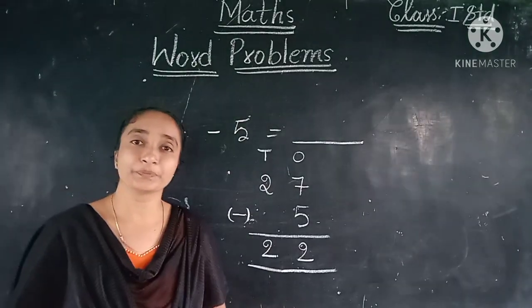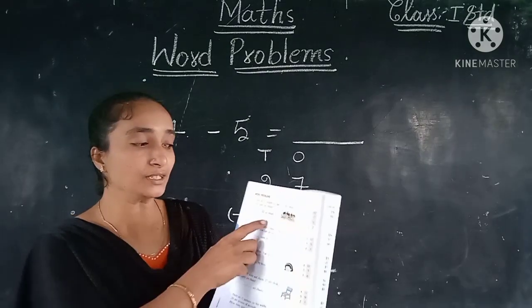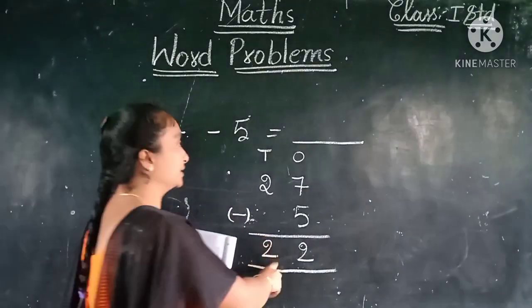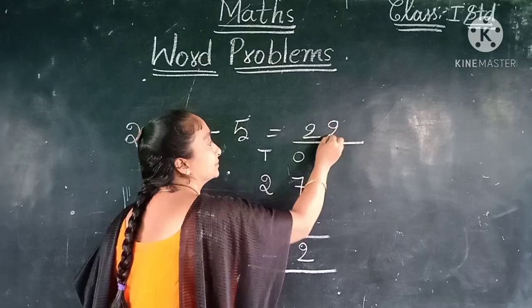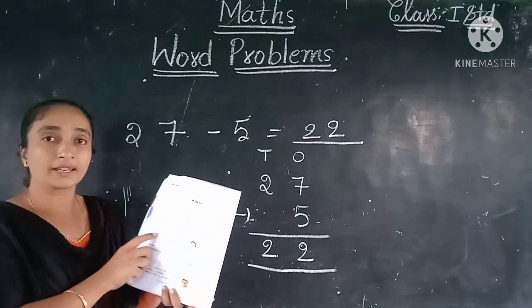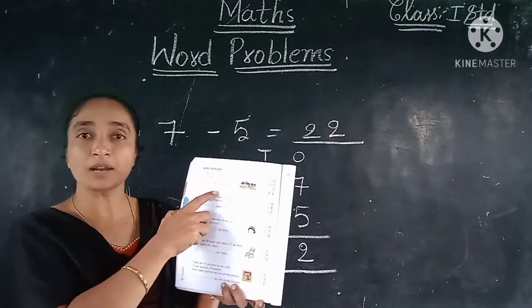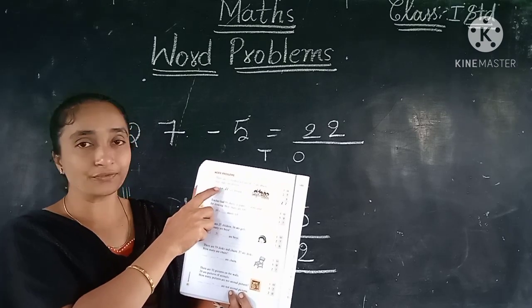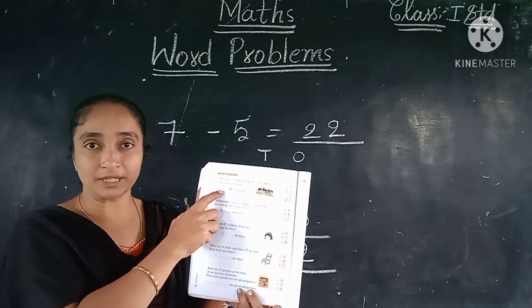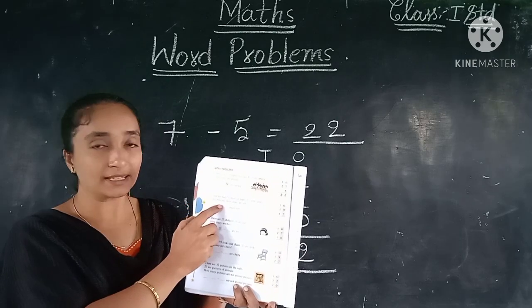Very easily. So that's what they have written here. So here we can write this 22 children in this blank. 27 minus 5, 22. 22 are present. So this is the first one. Here it has already been completed in our textbook. Now let us see the second one.